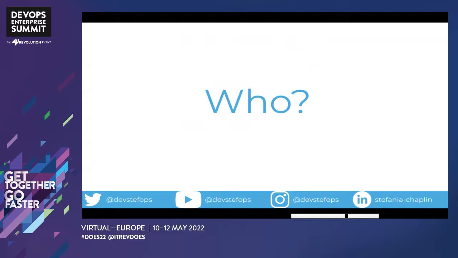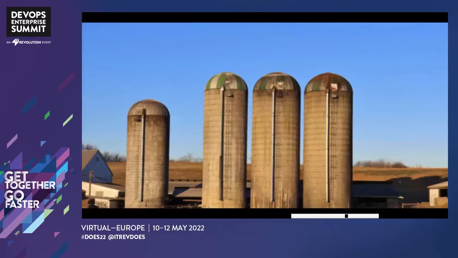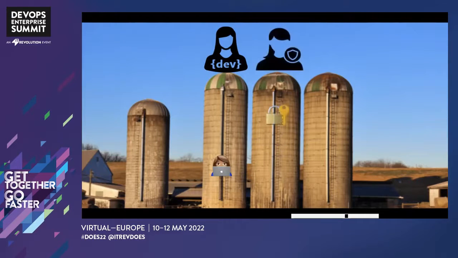Who are we talking about? I'm going to introduce you to my silos. So we have developers. And developers, we like our new and shiny, and we are prioritized on features in terms of, okay, this is our application, this is what we need to get done in this sprint. But where does security come into all this? Because security isn't often a priority within said sprint.